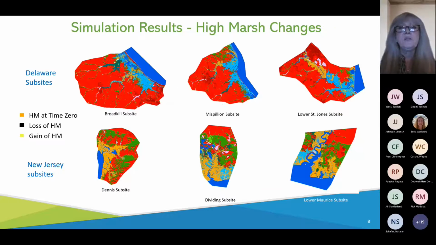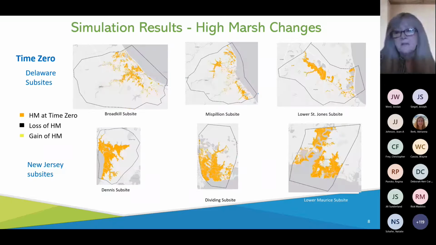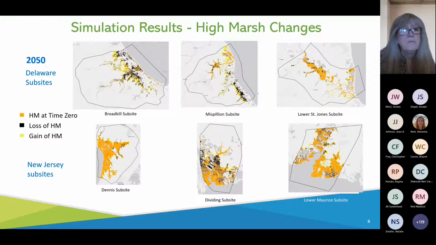So to show just an example using high marsh results, here are 6 sites as they exist at time 0 in terms of land use, and then as they exist with their high marsh shown in orange. Then using SLAM to project marsh acreage response, you can see in the year 2050 areas of wetland gain shown in yellow, and wetland loss